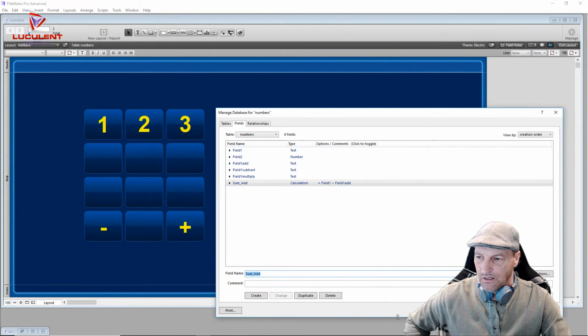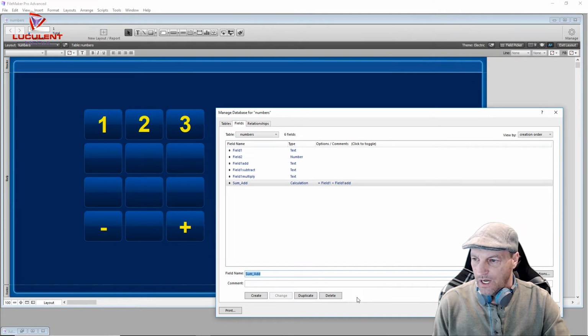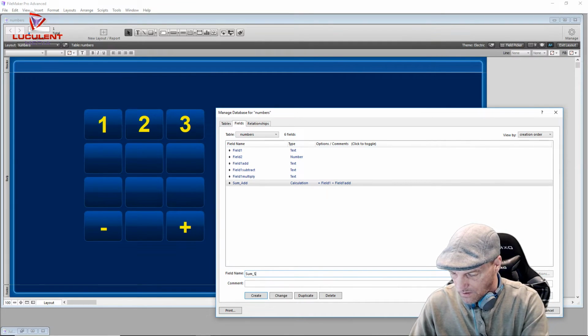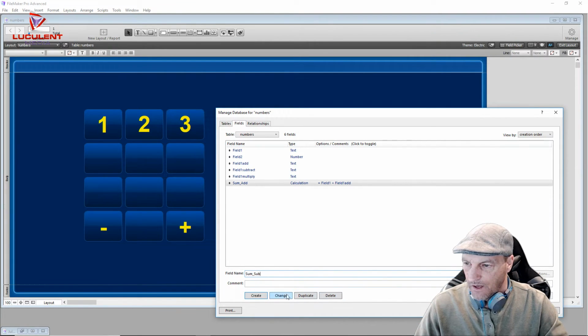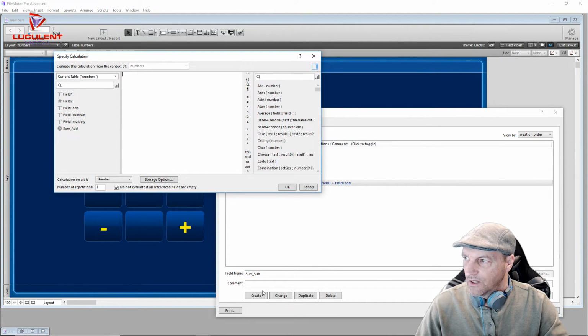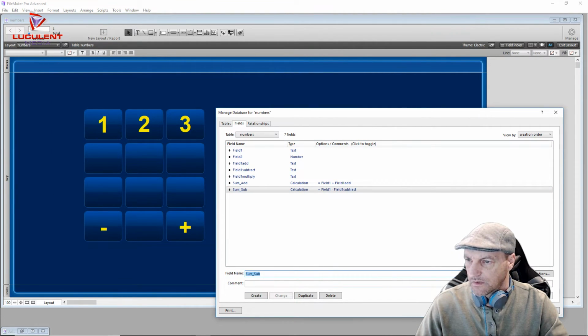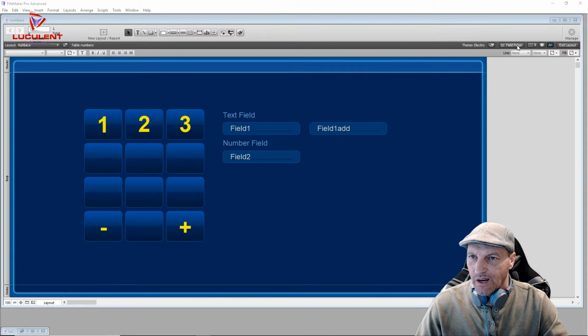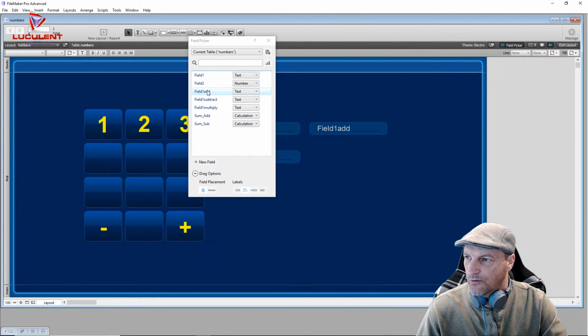So in our thing, we'll say okay, and then let's do sub, and it's also a calculation, and this one's going to be field 1 minus field 1 subtract. Okay. So now if we bring out our field picker and we put out our field 1 add, or sum add,